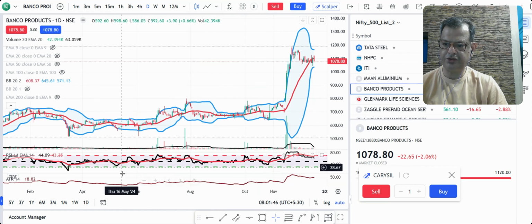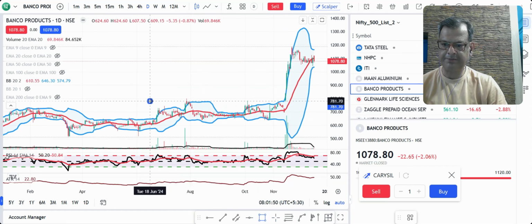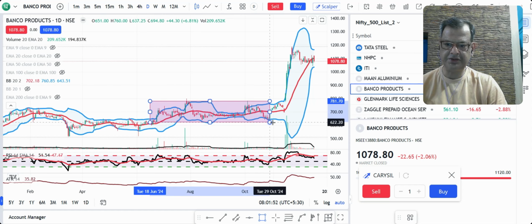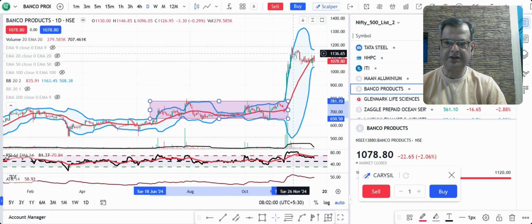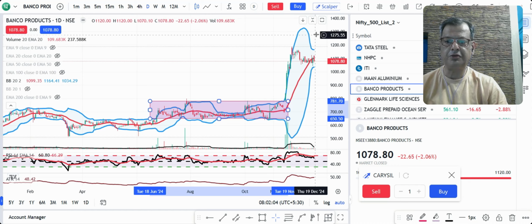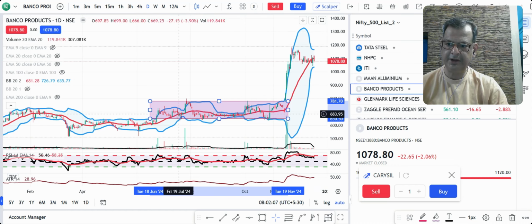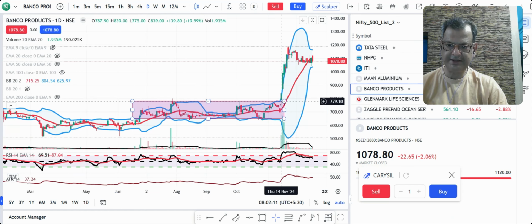Again, you have this huge squeeze, right? Squeeze is consolidation. Here, basically, what's happening is you have accumulation, followed by advance, and then this could either be distribution, or if it goes up, you'll again call it accumulation. So basically, you have a base here, and then again you have a nice candle here, which has broken out of the consolidation. Keep a high above this, and a low below the low of this candle,